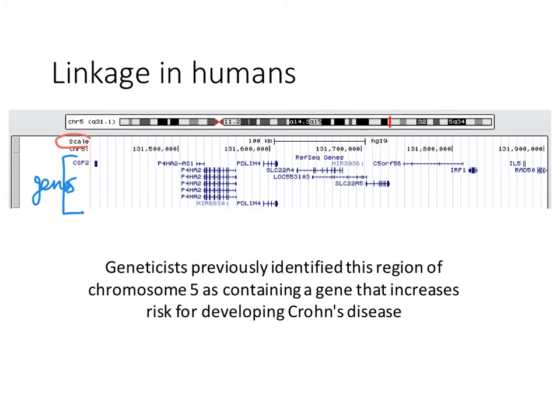So we have the scale here. So chromosome 5, we have position 131,500,000, with nucleotide 1 being the far left end. So we're already 131 million base pairs into chromosome 5. To whatever here is 900,000 base pairs. So we're looking at 400,000 base pairs of chromosome 5. And that part of chromosome 5, just for scale, is what that red bar is on the ideogram of chromosome 5. So we've blown up that tiny little sliver of chromosome 5, and we're looking at what genes are located there. So geneticists think one of these genes,